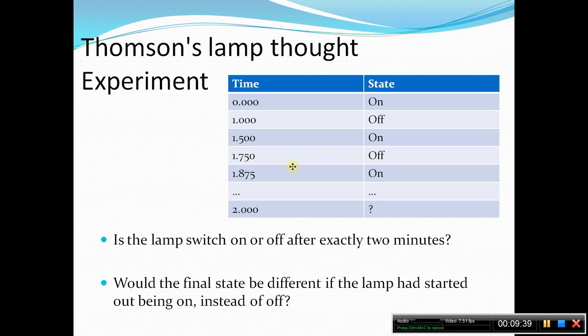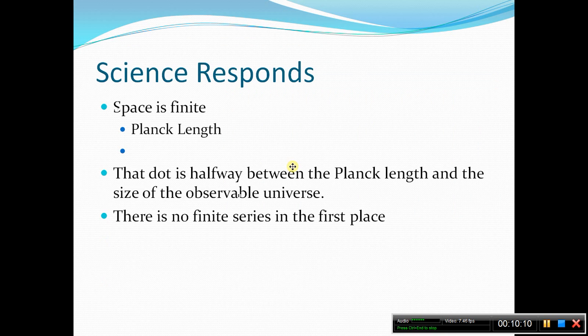Now we ask, is the lamp on or off? And nobody's really sure. Nobody knows exactly what the answer is. And there's very varying arguments as to whether or not the lamp is on or off, if this is even possible, what the metaphysical implications are. So Zeno does have a lot of import on today's and contemporary metaphysics. So I didn't want you to think that he was completely outdated. There's also some responses from science.